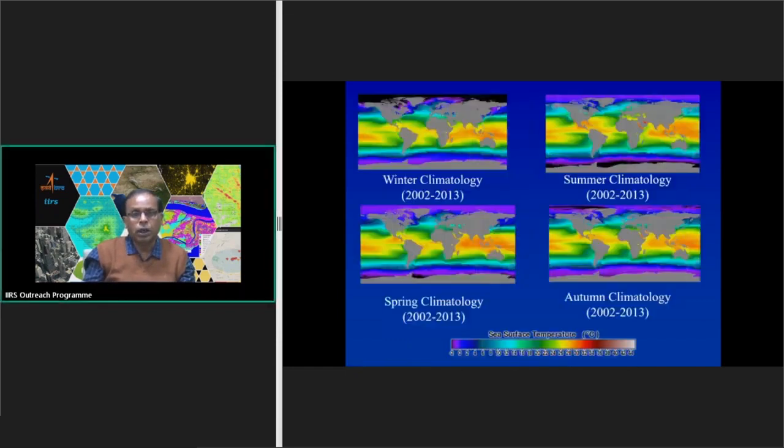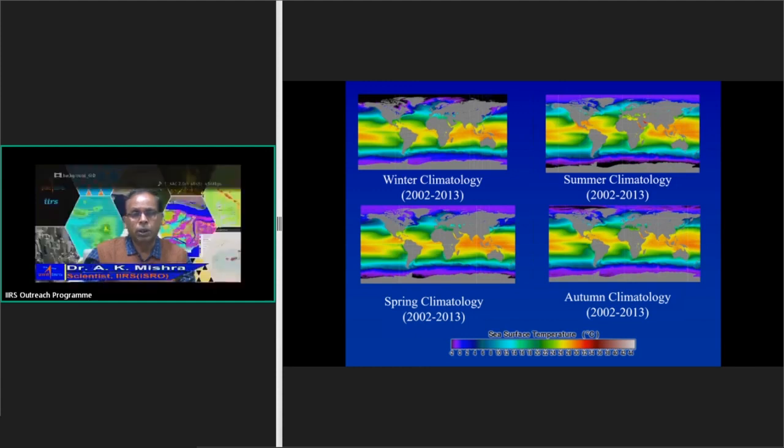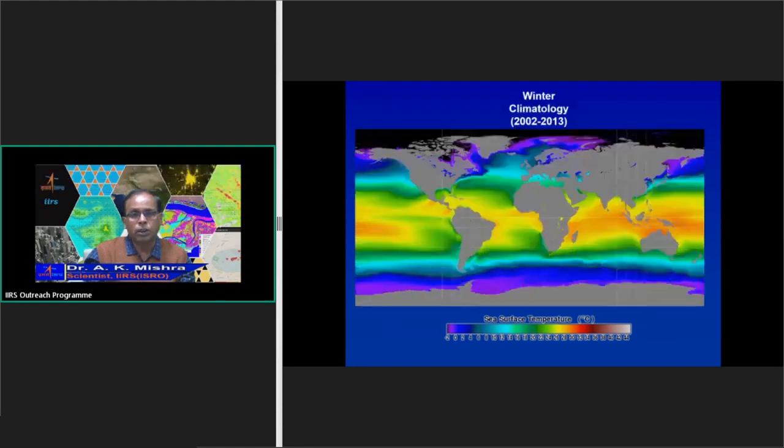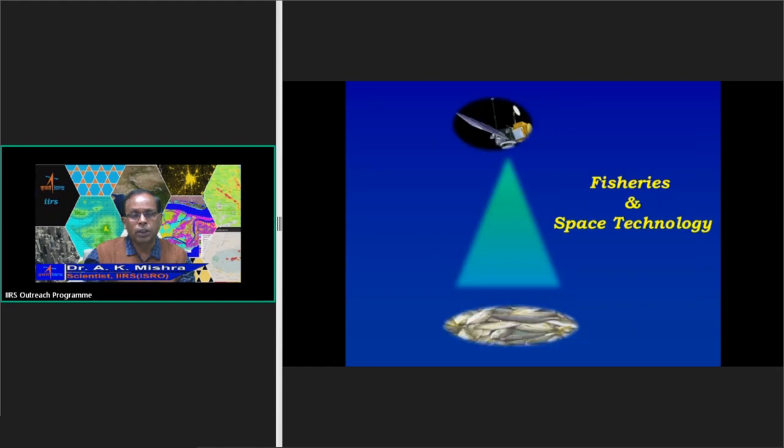And this is the winter climatology, summer, spring, autumn. It is prepared from the thermal sensor data present in the MODIS, and this is the enlarged view of winter climatology data, and this is the summer climatology data. And this data, ocean color data as well as the thermal sensor data, can be used for detecting the potential